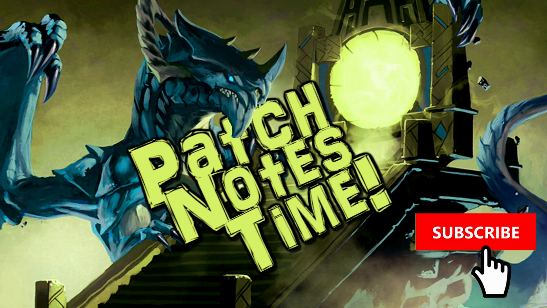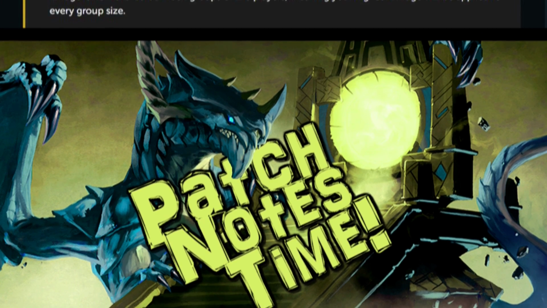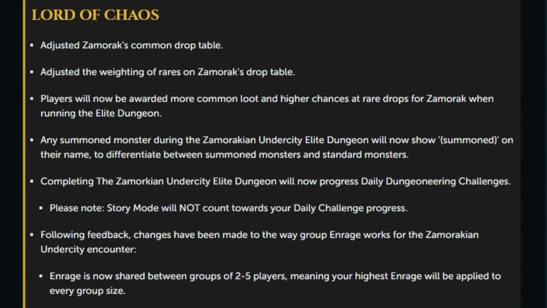We're going to now shift on over to the patch notes and see what's been changed with today's update. So let's go ahead and check it out. Starting off with Lord of Chaos, they adjusted Zamorak's common drop table, as well as the weighting for rares. Players will now be awarded more common loot and higher chances at rare drops for Zamorak when running the Elite Dungeon. Any summoned monster during the Zamorakian Undercity Elite Dungeon will now show summoned in parenthesis on their name to